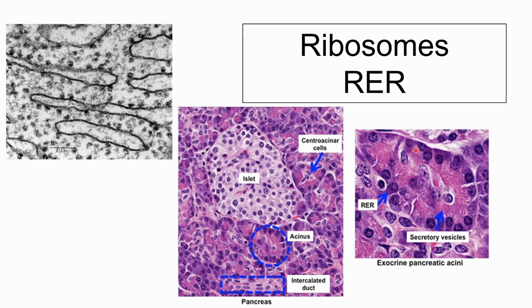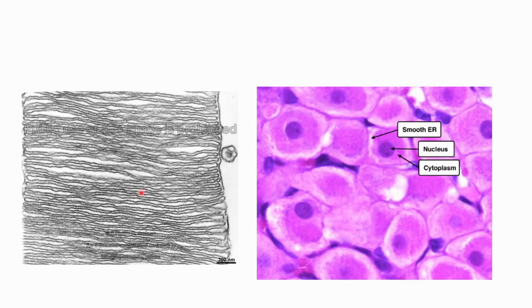But if you see structures like this, we can suggest that since the cell is part of a gland which produces protein and it has this dark structure, maybe it's the rough endoplasmic reticulum. What about this one? This is basically the endoplasmic reticulum, but this time it does not have the ribosomes. So it's the smooth endoplasmic reticulum. Since there are no ribosomes, we would argue that instead of being a dark area of the cytoplasm, it is now a lighter part of your cytoplasm.